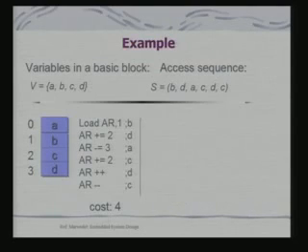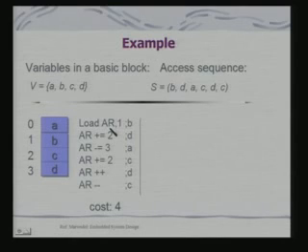So, let us pictorially look at what we are talking about. Say these are my variables A, B, C, D, stored in consecutive locations. This is an assumption. I have a single address register AR through which I am accessing these variables. If I have to access B, I have to load 1. If I am loading 1, that means I have the address of B here in the register AR.